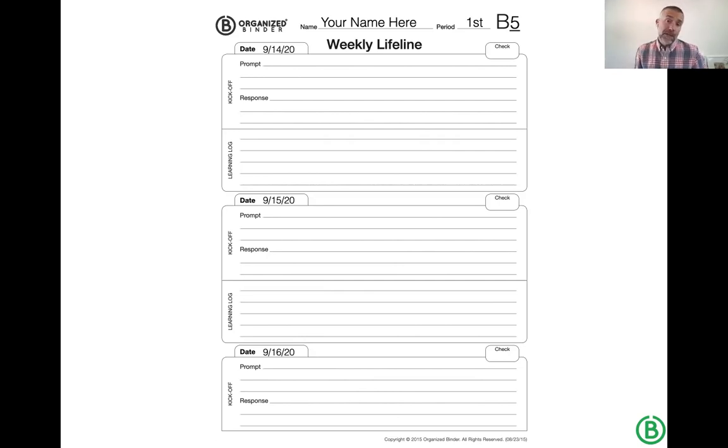And so we typically ask schools when we come in and train, how long does it take for a class to become quote unquote academic after the bell rings? It's not uncommon to hear 1 or 2 or 3 minutes. With this program, with Organized Binder in place as it's intended to be used, it's about 1 or 2 or 3 seconds. And if you start to do the math on even just 1 minute routinely wasted in a class over the course of a school year, it's pretty remarkable how much time can be lost.